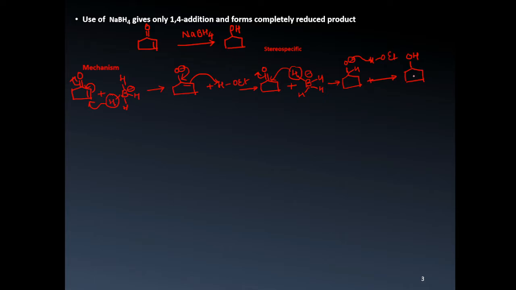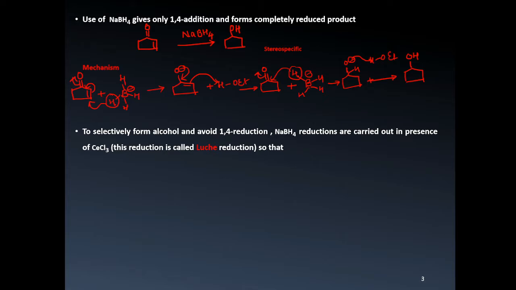So 1,4 reduction will occur. This is in presence of only sodium borohydride. To selectively form alcohol and avoid 1,4 reduction, sodium borohydride reductions are carried out in presence of cerium chloride,